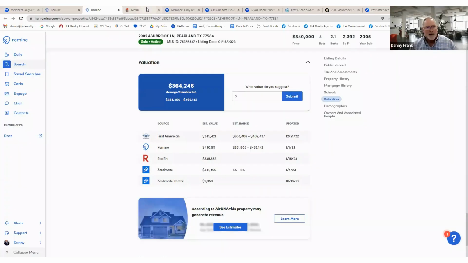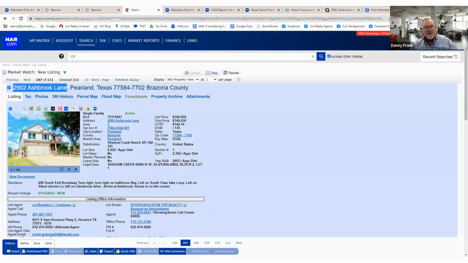In reality, I'm gonna go back in here and share the screen again. Let's go back to the listing. So they're at 340. So you see where I'm going with how inaccurate an old-timey CMA may be? This house seems to be, in my opinion, priced to sell. It's not chasing the market. It's ahead of the market because we are in a declining market in the Pearland area. So I think this realtor's done a great job of pricing this house.